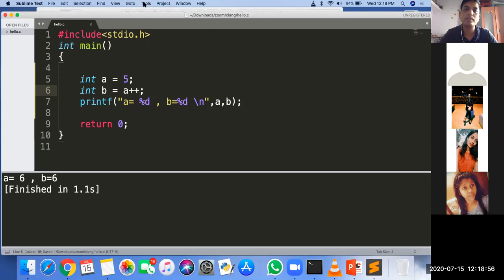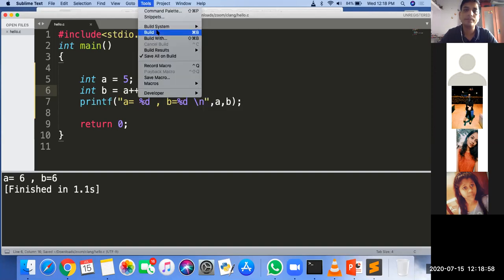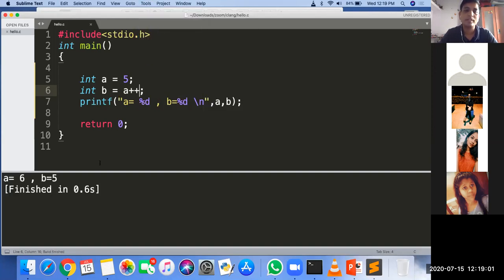But if the expression is b equal to a++, then a is equal to 6 and b is equal to 5. Because here the value of a gets assigned to b first.